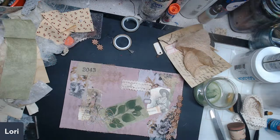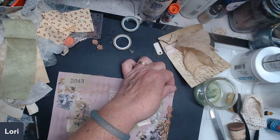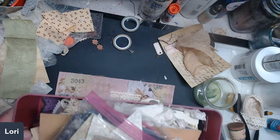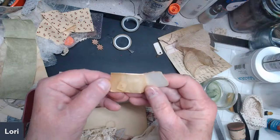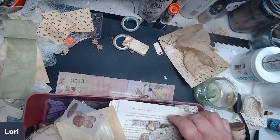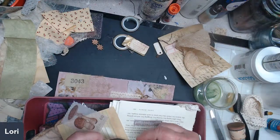All right, so I was thinking I wanted more up in this corner. But so far I'm not. Let's see what else I have in here. Oh, you know what I could get out? Oh, look at this. This has a button in it. But how cool is that to just attach that to a project? Maybe I have a little bit of